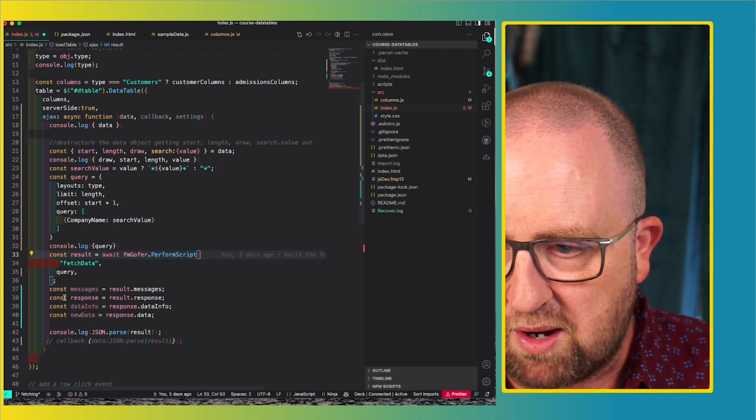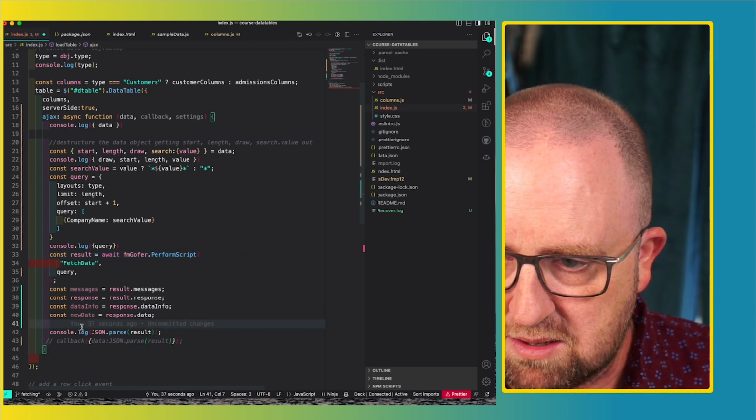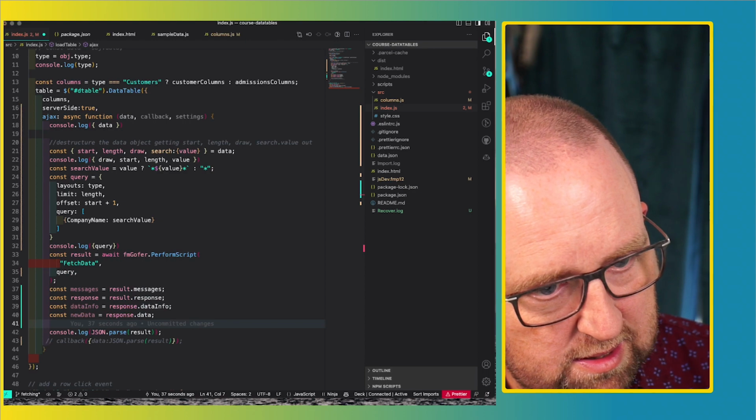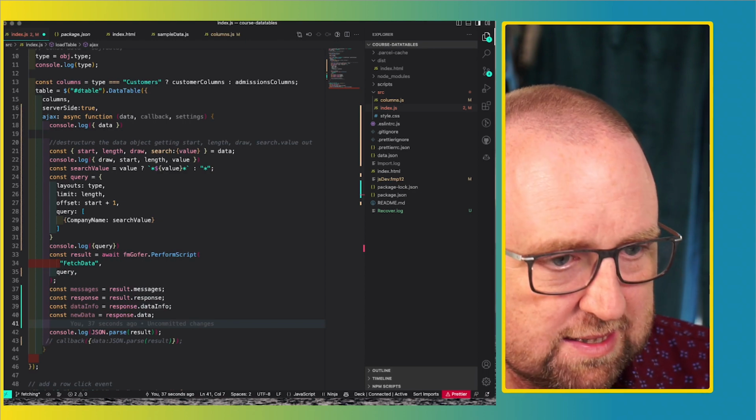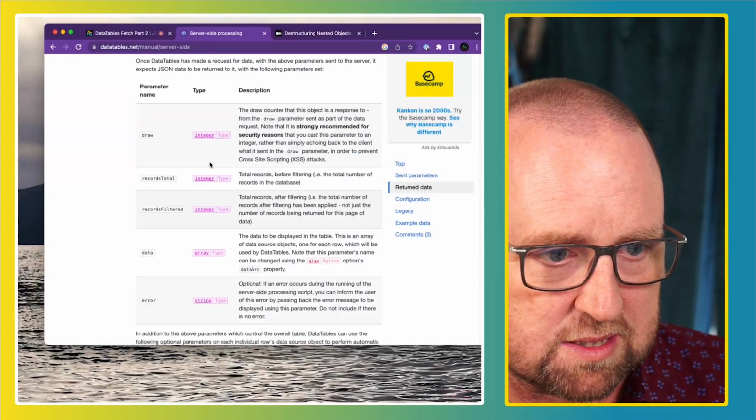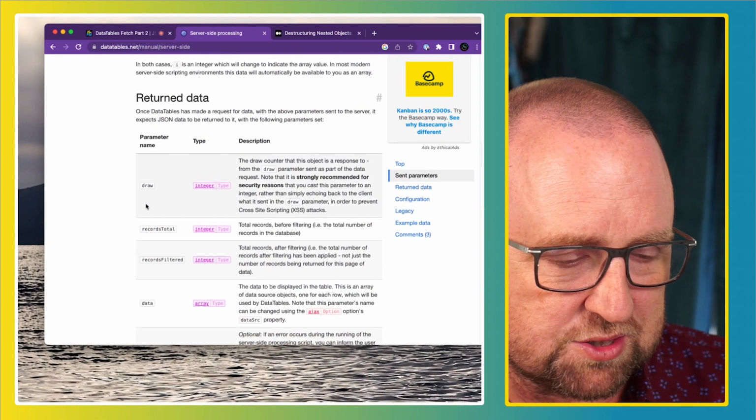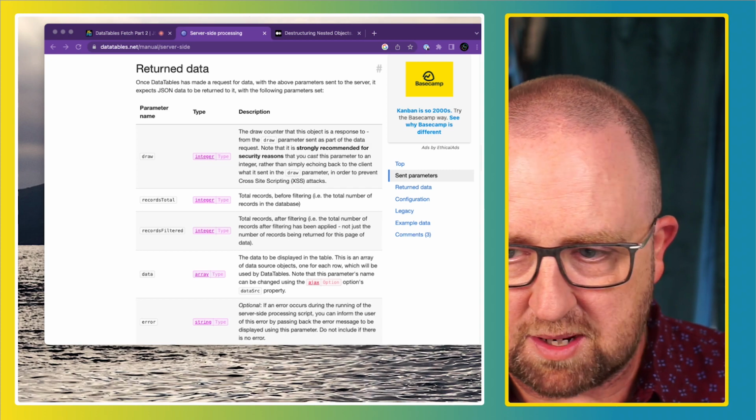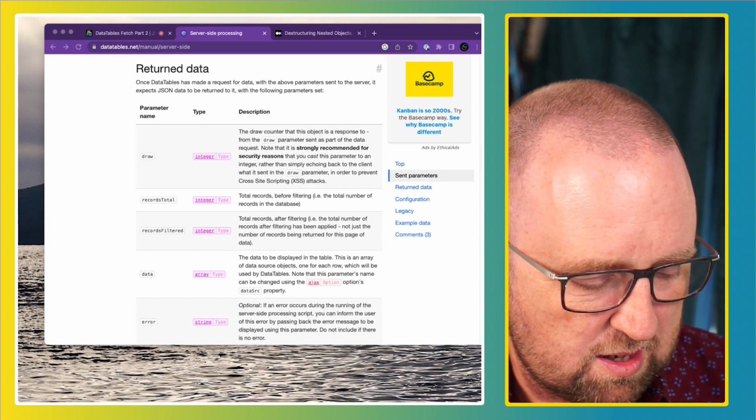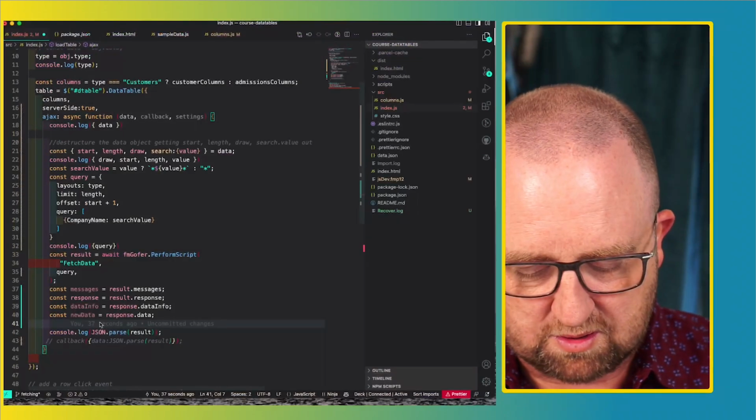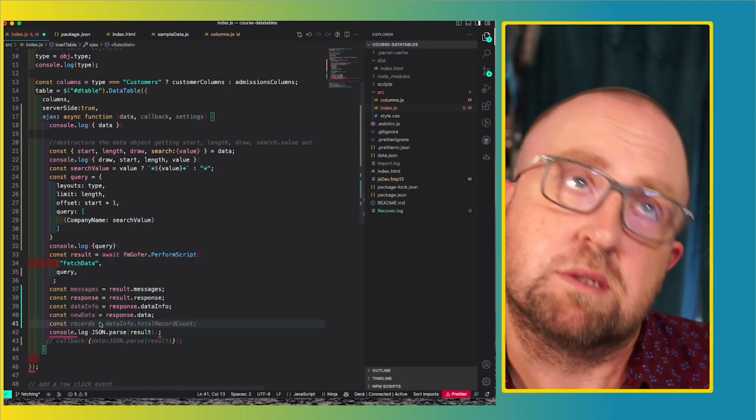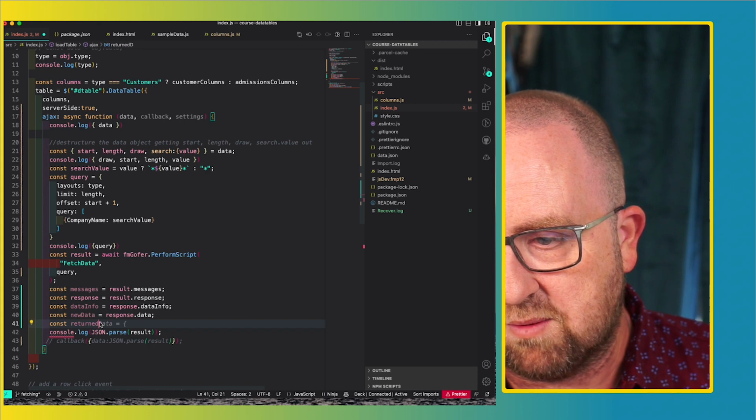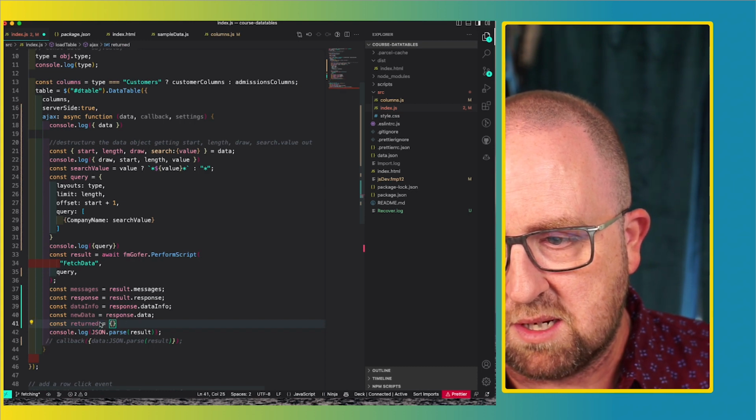Okay. So I've got this. So now I'm thinking through this. I need to construct an object that has draw, records total, records filtered. So I'm just gonna leave this up here for a minute and I'll show you the code. So I'm gonna do this. const returned =